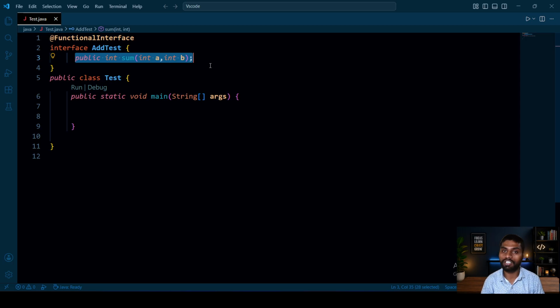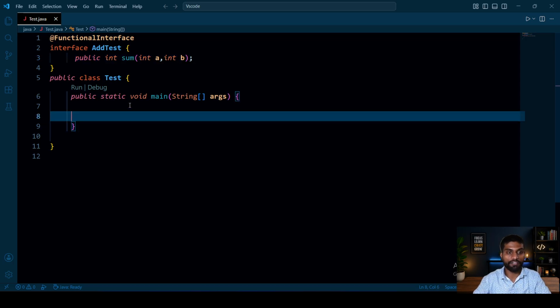Runnable contains only one method, the run method. Comparable has the compareTo method, Comparator has compare, and ActionListener. These are some predefined interfaces.